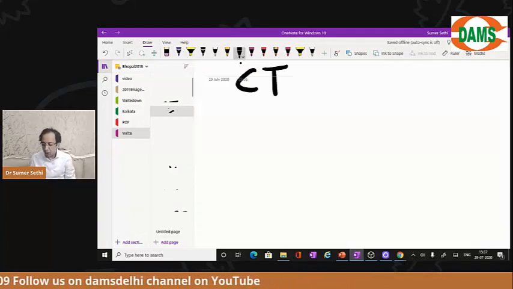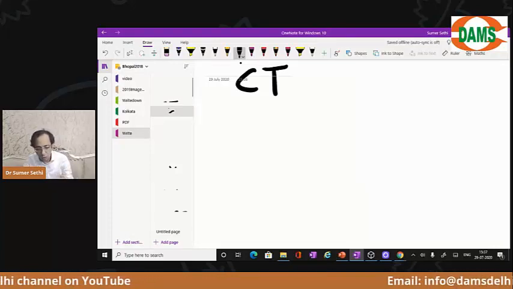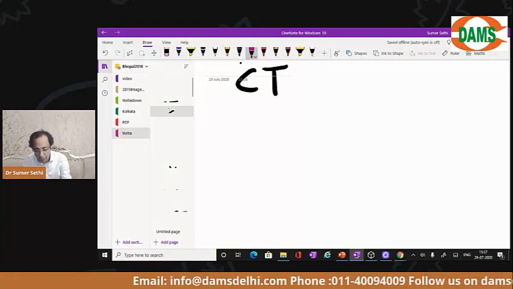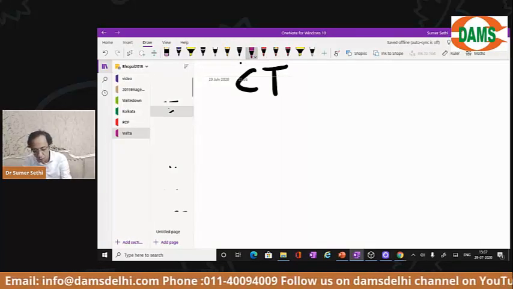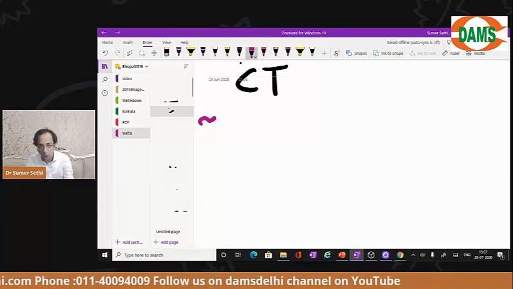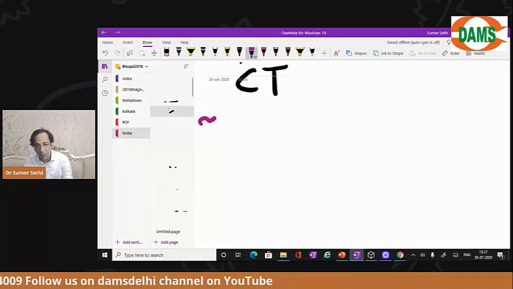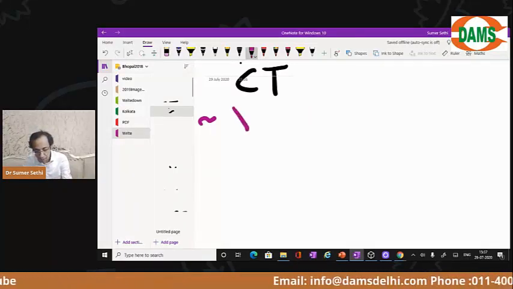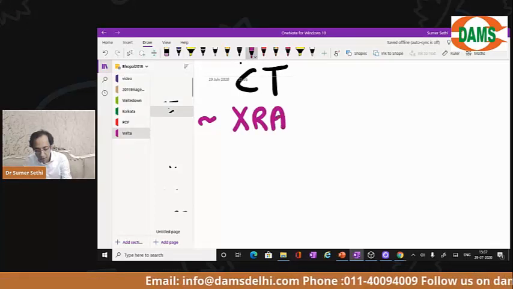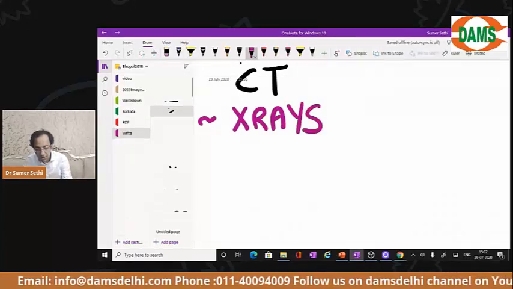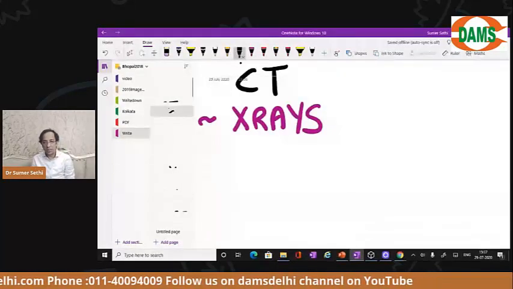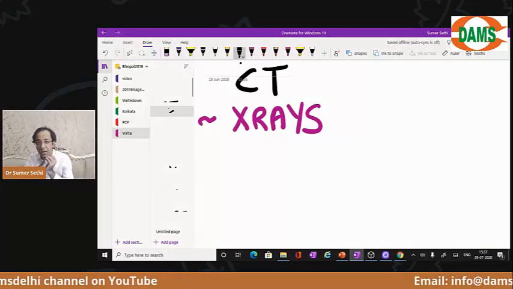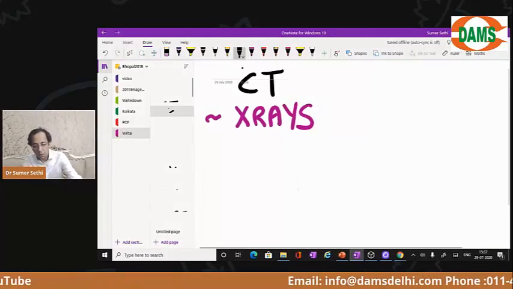Now I want to ask you all: how many of you know CT scan is based on which type of radiation? Please write down in the notebook or on the workbook, whatever you have, but please start writing. CT scan is based on a radiation called X-rays. Okay, everybody clear? Yes. So once you are clear with this, that CT scan is based on X-rays, my question to you is,